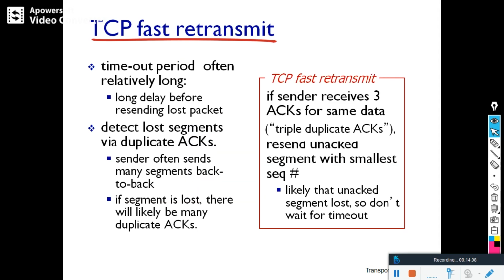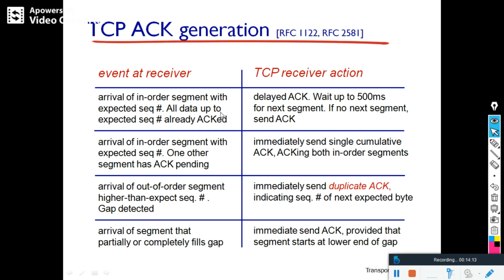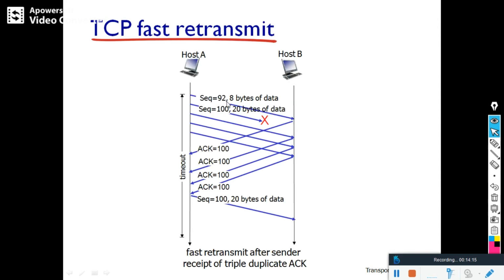So that is the meaning of fast retransmit. You can understand this better with this one. You see here, 92 with the 8 bytes sent, 100 with the 8 bytes sent, then other packets are sent, etc. So 100 is lost. And for 92 timeout occurs somewhere here. 100 is lost in between.